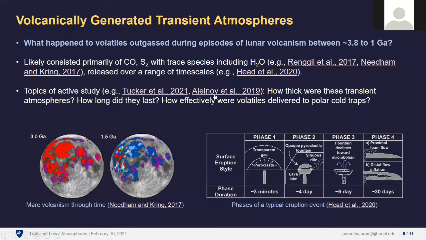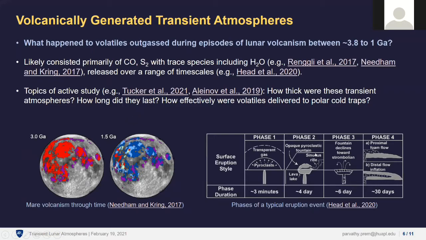So I've put in a few references here, some papers that I won't talk too much about since it's not my work. But some of the questions that we've only just begun to explore, so you'll notice these were 2019 and 2021 papers, use computational models to try and address the question of how thick were these transient atmospheres? How long did they last? So for instance, my colleague O.J. Tucker finds that